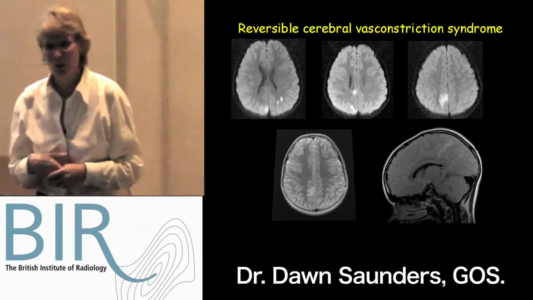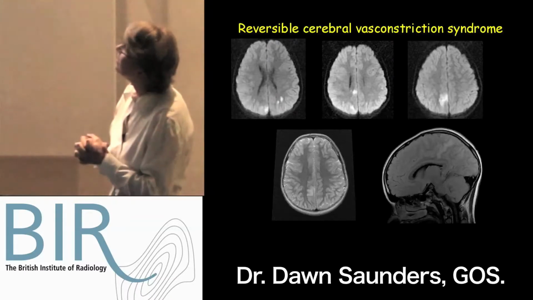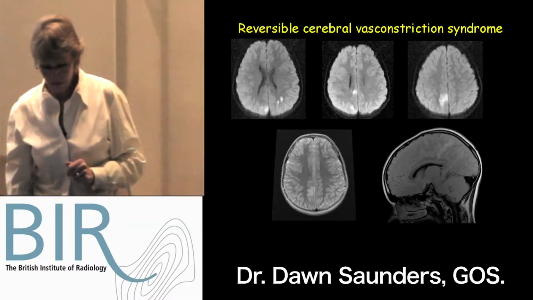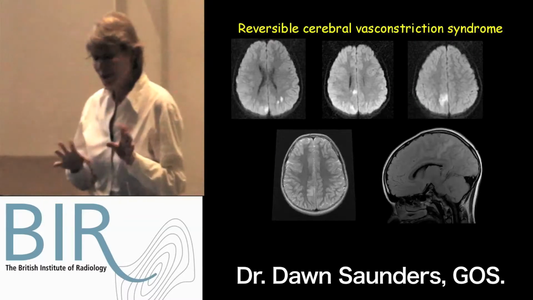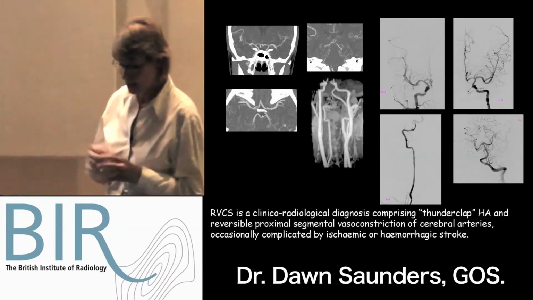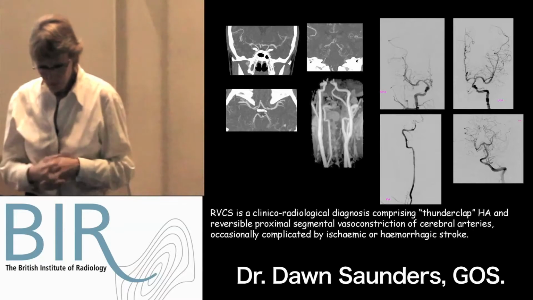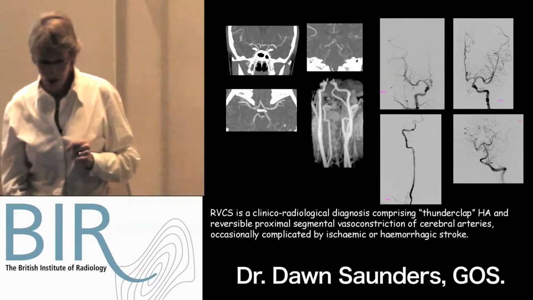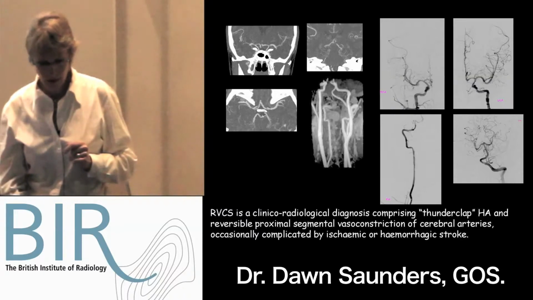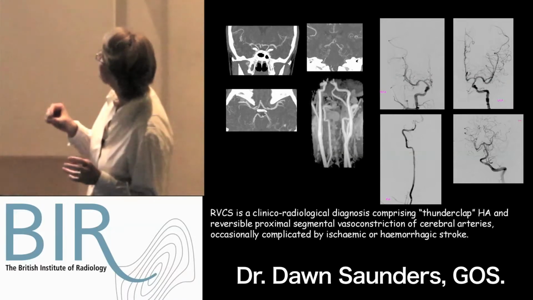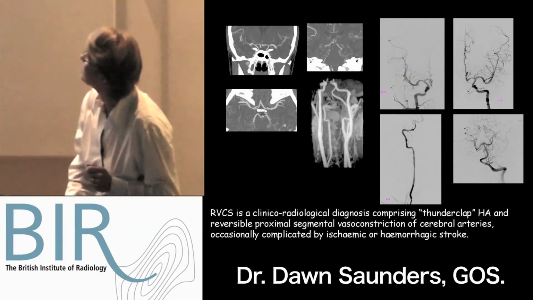And he had a whole slew of investigations to try and establish what the cause was, and we were completely perplexed. The only thing that we detected early on was that his right vertebral artery was small, and we wondered whether we could ascribe all those infarcts to posterior circulation, or was it vertebral artery dissection, because headache can be a feature. We were not particularly impressed by his MR angiogram, although we did wonder if his proximal A1 and M1 segments were a little bit abnormal. And again, very difficult to demonstrate here, but there is some subtle narrowing. And I think, particularly if you look at this image, there's almost a beading here of his M1,